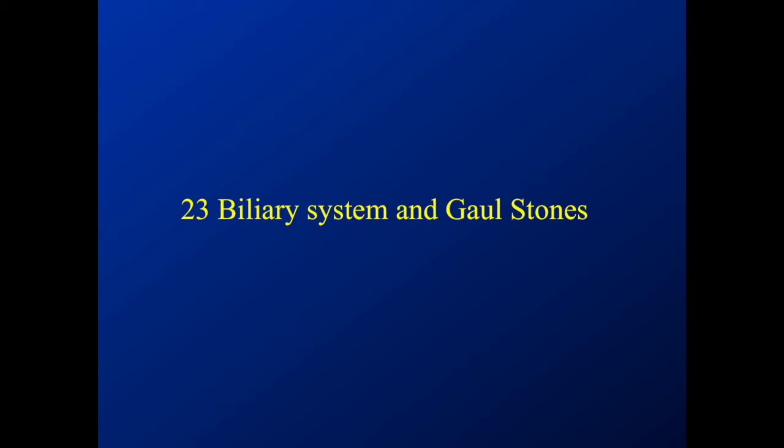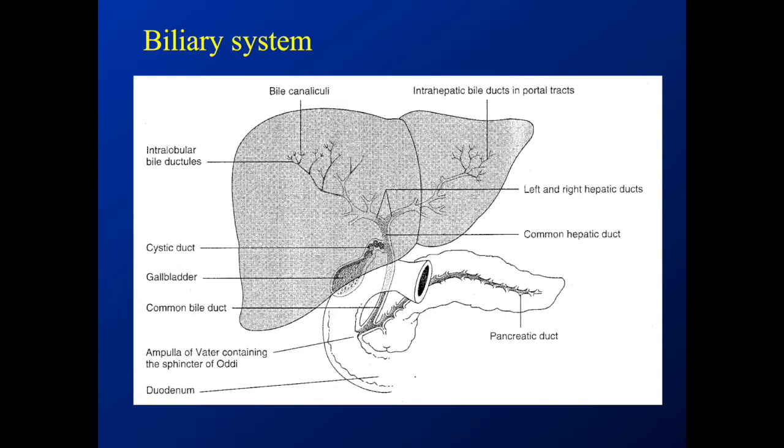We'll talk about the biliary system and gallstones here. So here's the biliary tree. You've seen this before as the anatomy of the liver, but it's also the biliary system in it. And so you can see they start at these bile canaliculi that then expand into the intralobular bile ductules, and then these come down and form the left and right hepatic ducts that then coalesce into the common hepatic duct